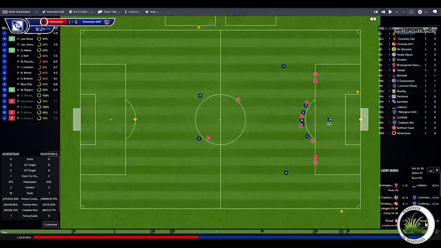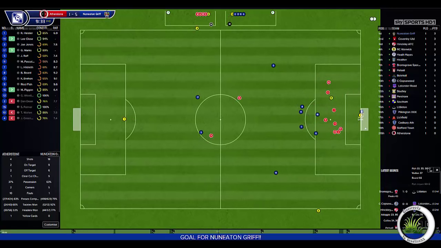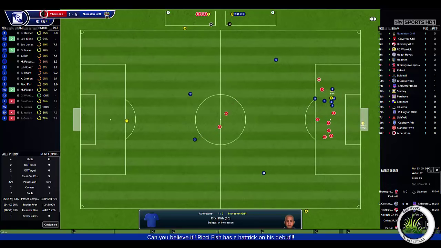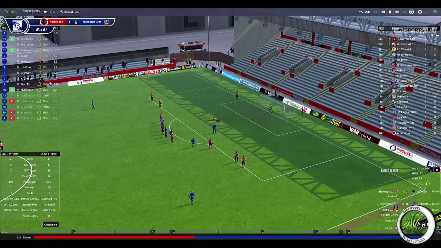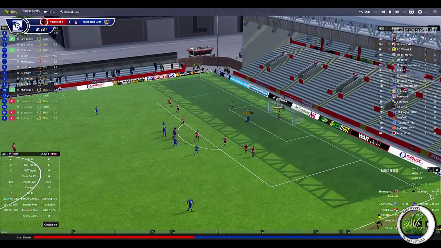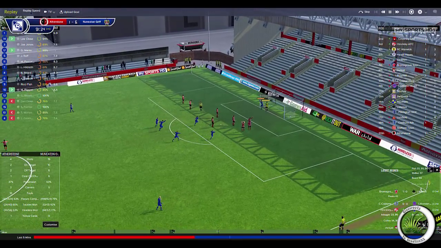We have a penalty, and Ricky Fish has the chance for a hat-trick on his debut. So let's see what we see. Oh, go! Oh, let's have a look at that. Hat-trick on his debut for the man, the legend. Remember the name, Ricky Fish. Let's have a look at it, though. Good save from the keeper. Hits the post, bounces. That looks over the line to me, but Ricky makes sure of it. 6-1